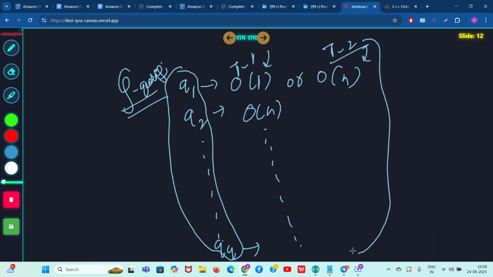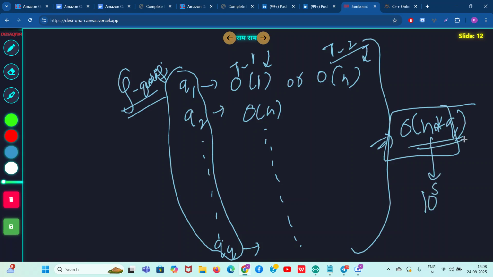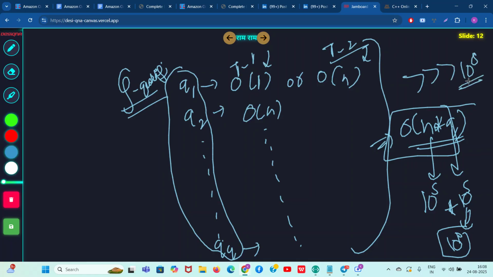So in the worst case, each query can be taking O of n time. So the total time taken will be O of n into Q, which is not very efficient, but it will pass a few test cases. And n is also 10 raised to 5 and Q is also 10 raised to 5. So 10 raised to 5 into 10 raised to 5 is 10 raised to 10, which is much greater than 10 raised to 8. In competitive programming and in online assessments, your code's total number of operations should never cross 10 raised to 8. So it is crossing 10 raised to 8, so it's not efficient. 10 raised to 8 takes 1 second in general.